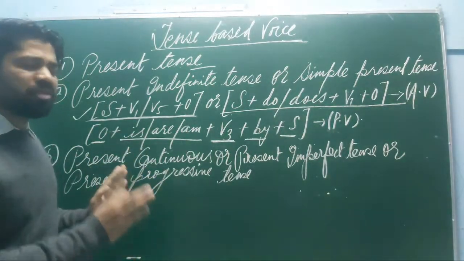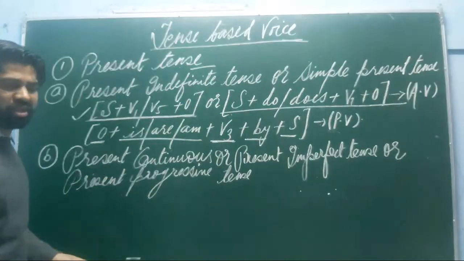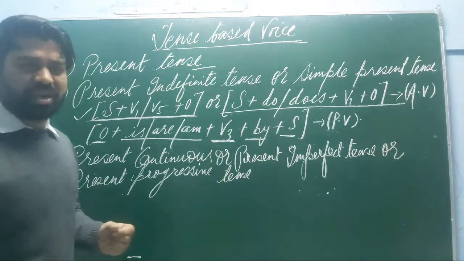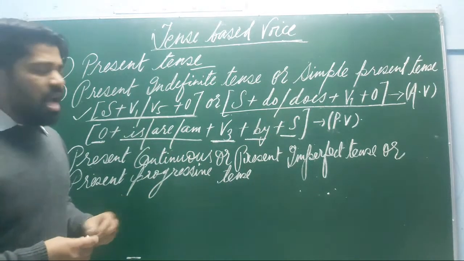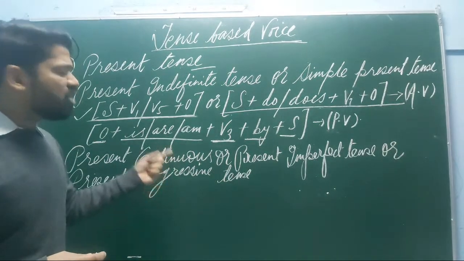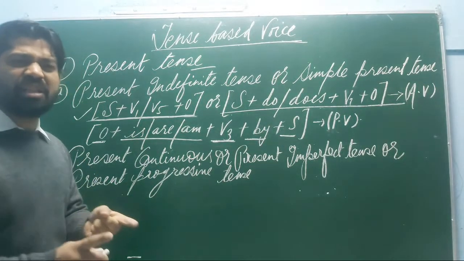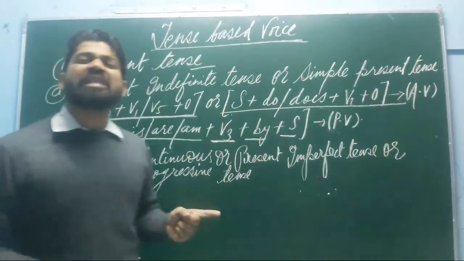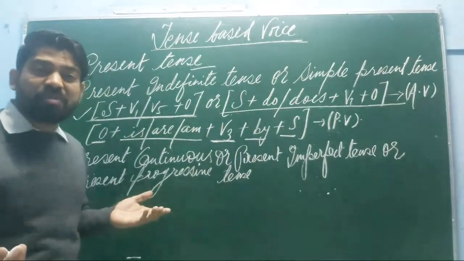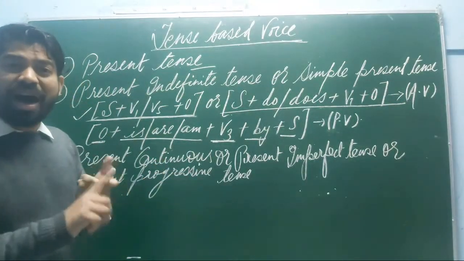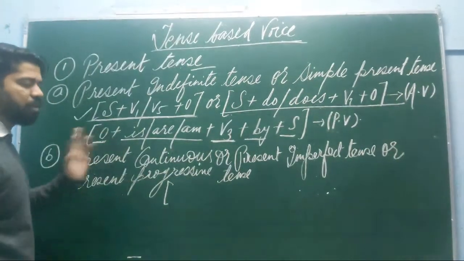Now, after the name, we will know about the structure, that how you are capable of recognizing the sentence of the present continuous. What is the basic structure? I think you all are quite aware of it. There is no need to tell anything. In every Hindi sentence for present continuous tense, you will see the use of raha hai, rahi hai, which means that there will be the use of ing. Now we will look at the basic structure for the present continuous.